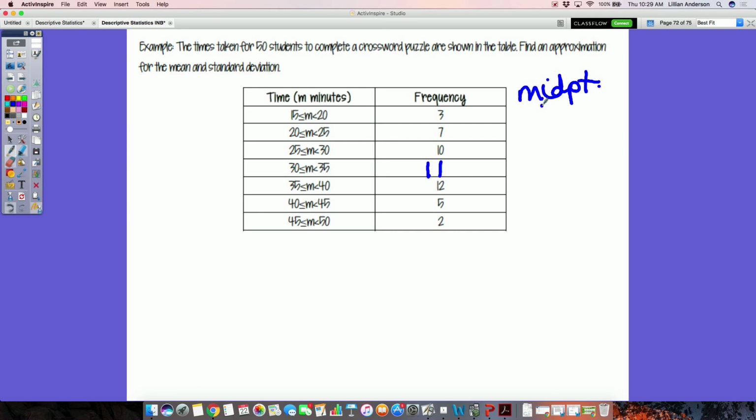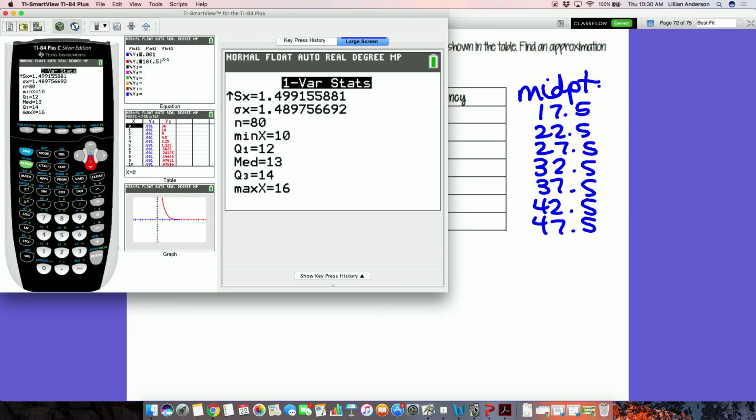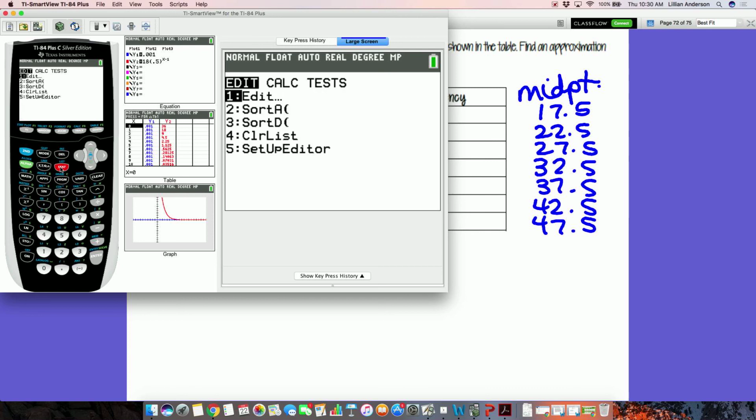What's the midpoint of the first class? 17.5. The second? The third? And I'm recognizing the pattern. It's the same as the width of each class. I'm going up by 5, so the next one should be 32.5, 37.5. Yep. Ooh, not 30. 42.5 and 47.5. So I'm going to use that in my L1